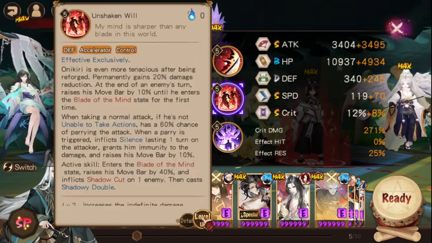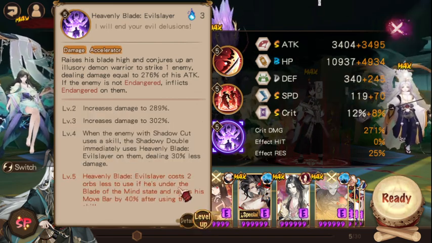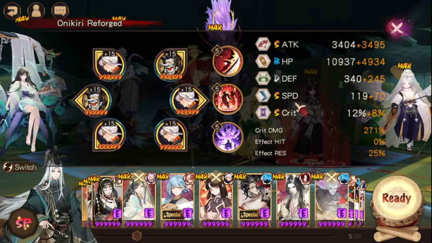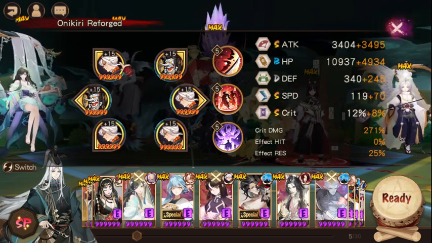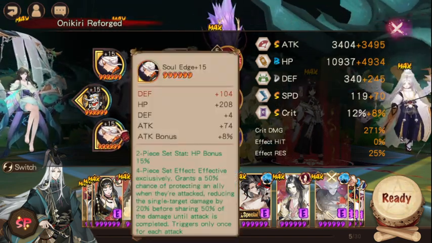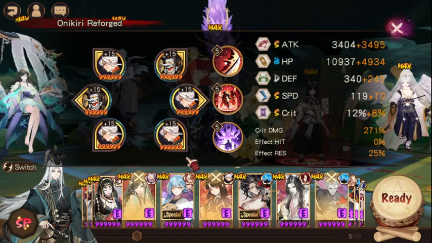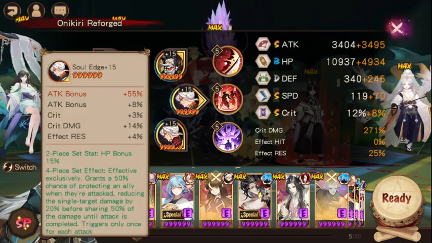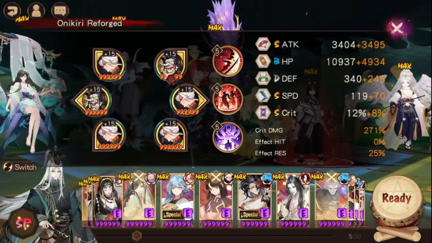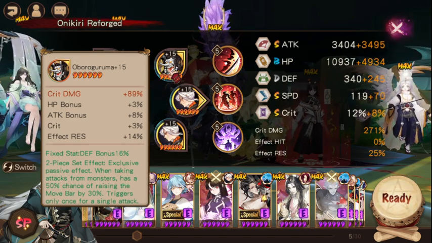Now, again, fully skilled up. There are some people who would have totally different versions for this. This is just how I found it works better, I'm literally trying to keep him on the field. Of course, I gave him Soul Edge with a little bit more of a lean to attack. He's also playing a bit of a defensive game. Since he has his defense and HP, he's also taking damage, trying to help protect everybody, so it works out. And of course, I had these beautiful Oboroguruma souls, which had some...